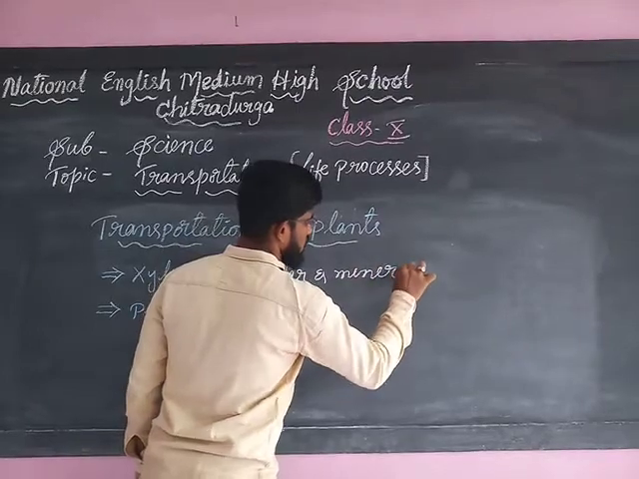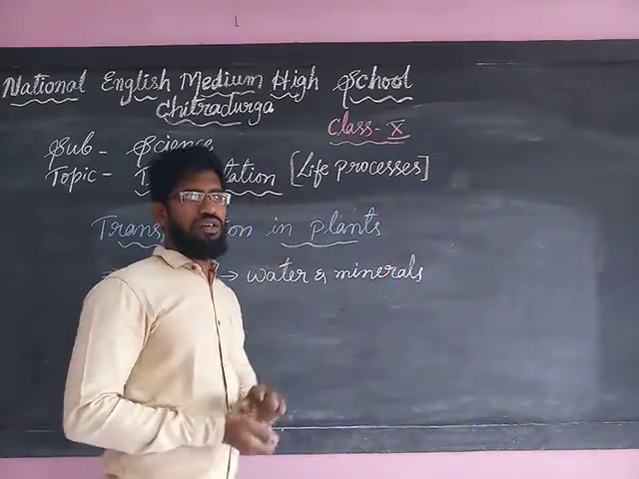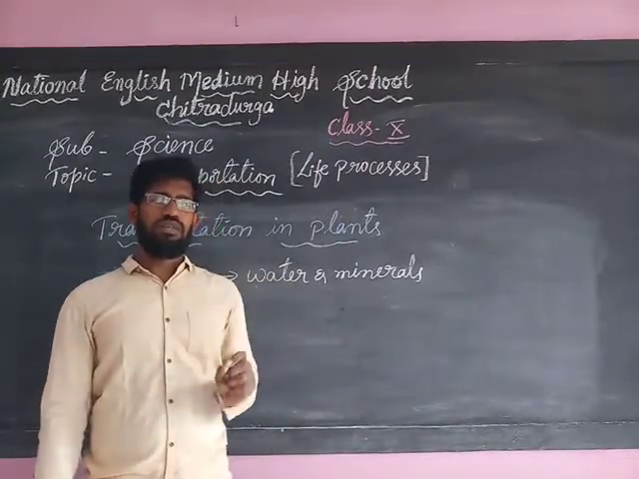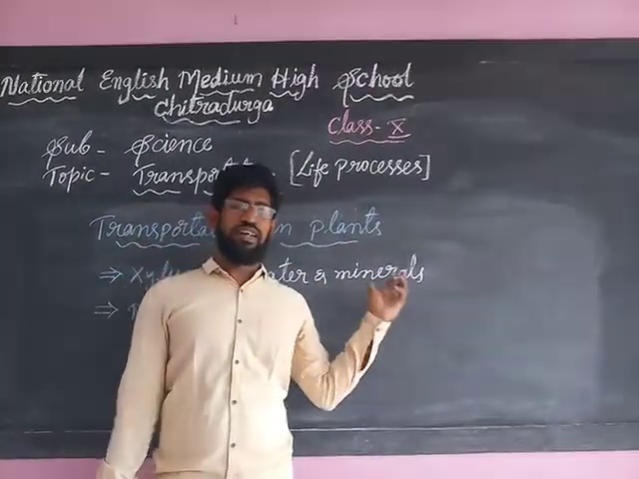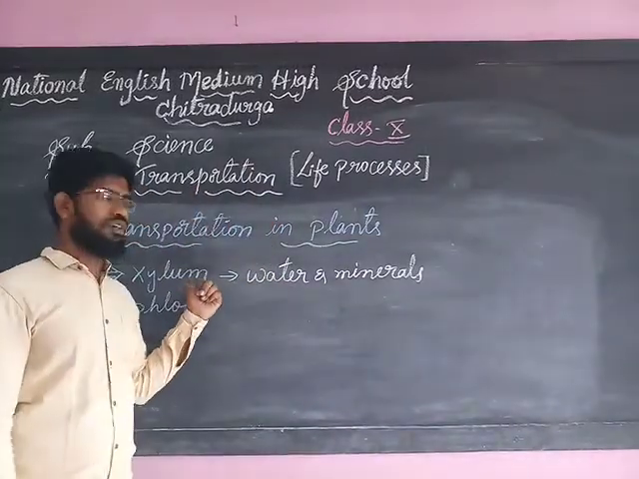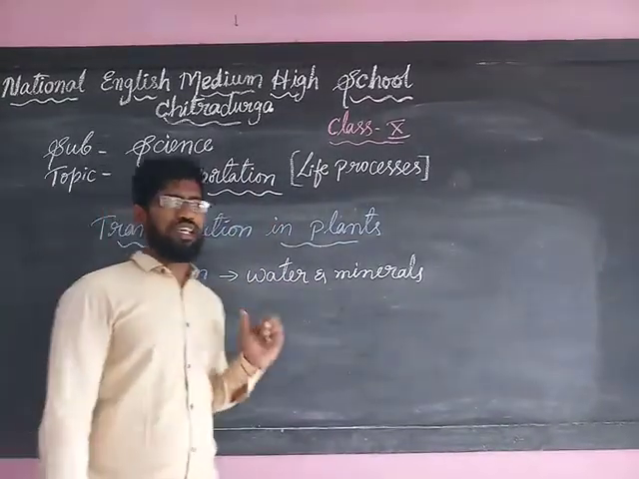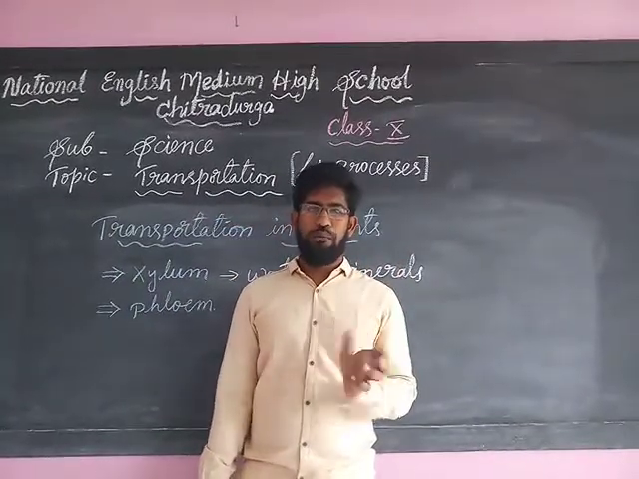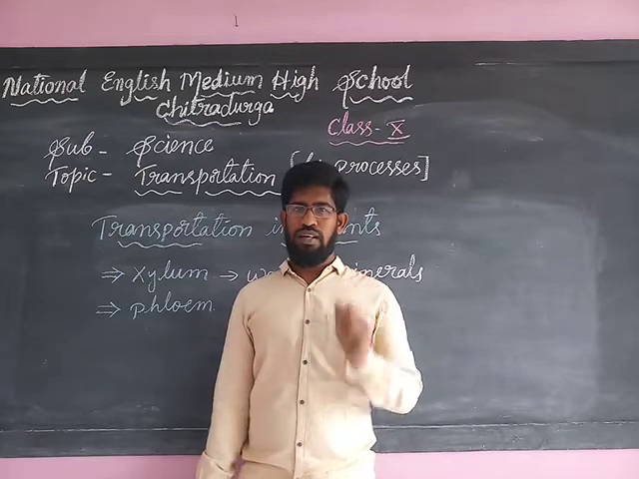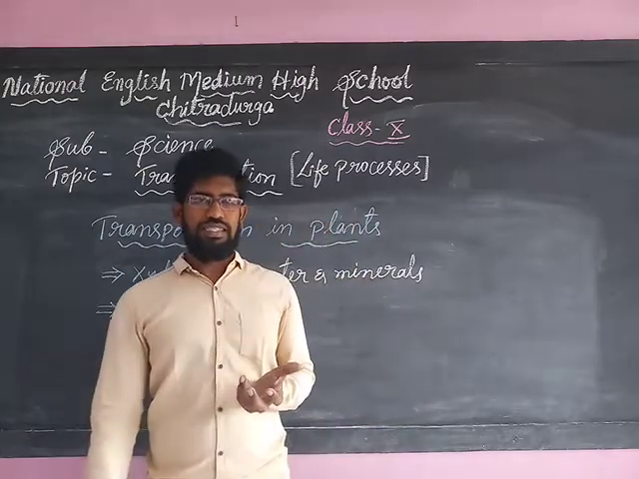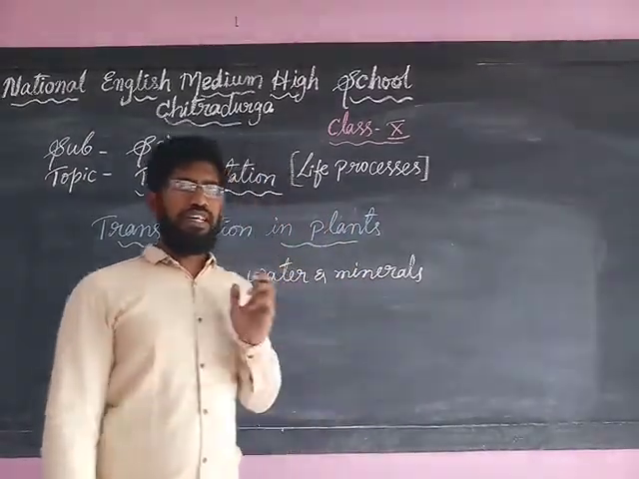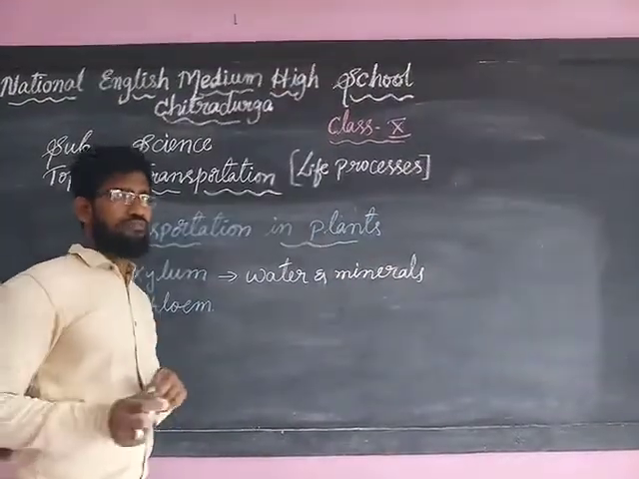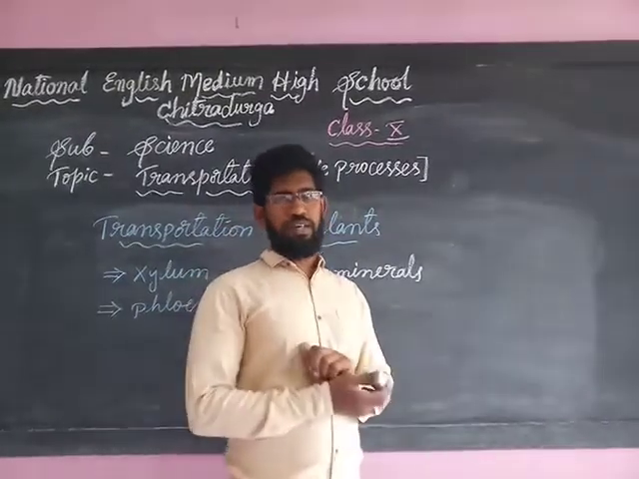Water and minerals from the roots, which are present inside the soil. The roots absorb the water and minerals and these are carried by the tissue called xylem, which transports them from the root part to the leaf part of the plant where photosynthesis takes place. After photosynthesis, the food is prepared. That food is transported by the phloem from the leaf part to the other parts of the plant body